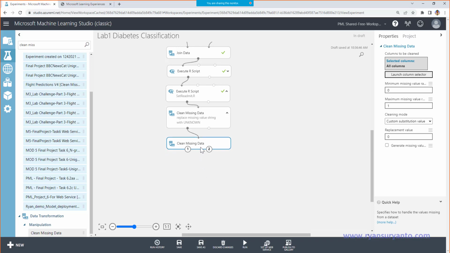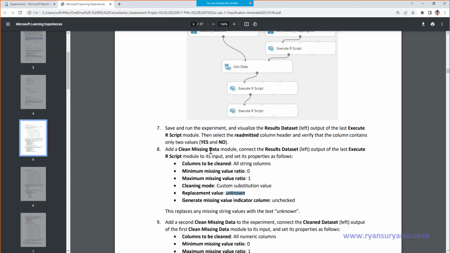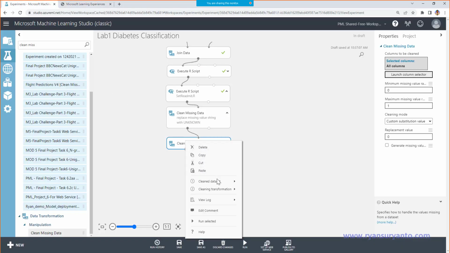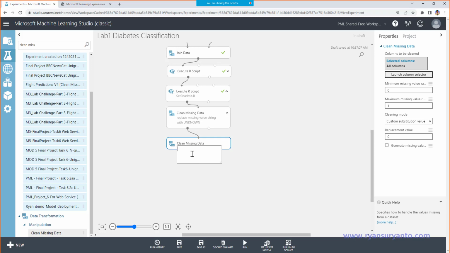The second clean missing data is for all numeric columns, and then a custom substitution with 0. So here edit comment: replace missing value numeric with 0.